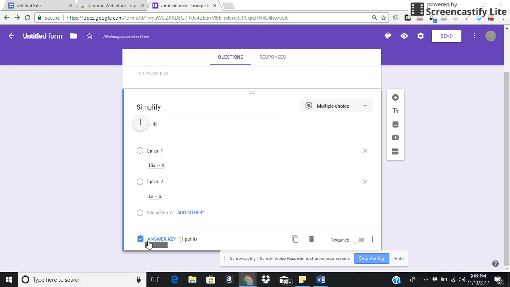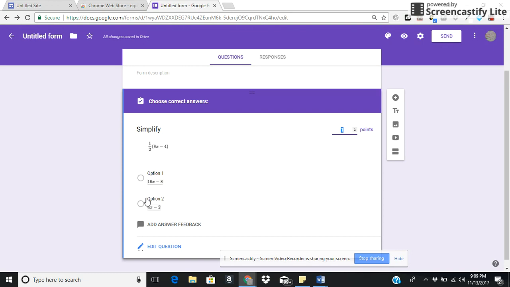You'll notice this feature here where it says answer key. You click on it and you select what the correct answer choice is. So for this question, the correct answer is option 2, 4x minus 2. And I can assign a point value. This is all multiple choice. I assign them a point value of 1. However you decide is up to you. Selecting edit question again will take me back